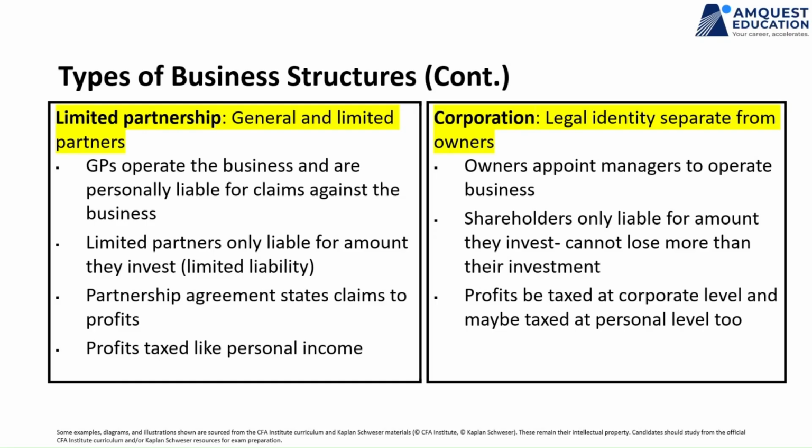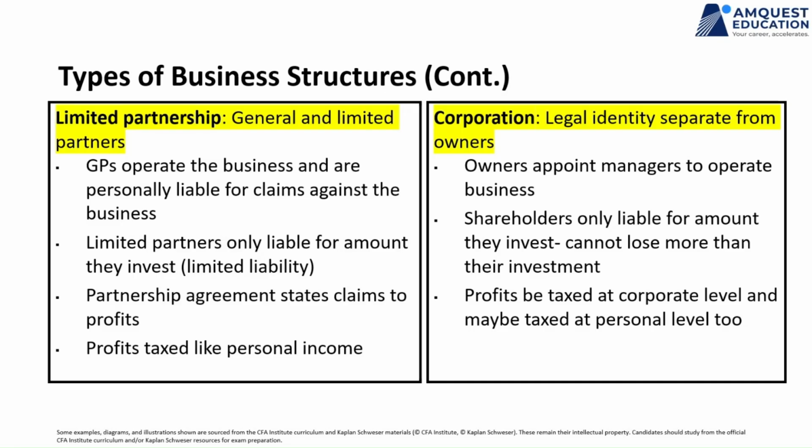So unlimited liability, for example: I'm running a business and I now have to pay $1 million because I borrowed money from a bank, $1 million, and the company has no money to pay. The company is running into losses, so there is no money left with the business. I raised $1 million from the bank, and I've used all that money to operate the business. All of that is now loss. So the company has zero cash, but the liability is $1 million.